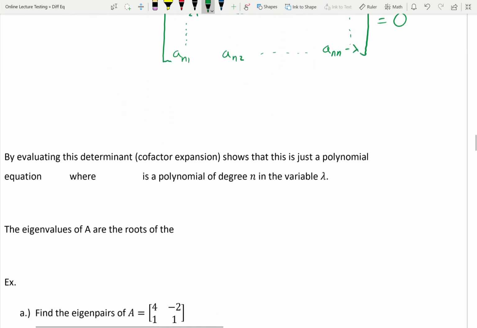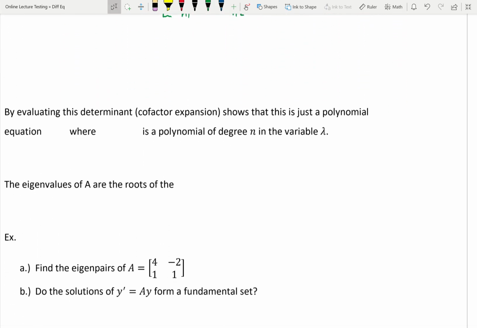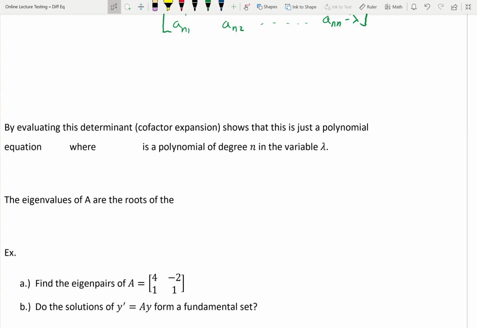By evaluating this determinant, I have cofactor expansion. What that means is to find the determinant how we've been finding it. If we have a 3 by 3, then we have the minors. So we'd have A11 times its minor determinant, minus A12 times its minor, plus A13 times its minor. That's what the cofactor expansion is, which leads us into finding a polynomial equation of the form